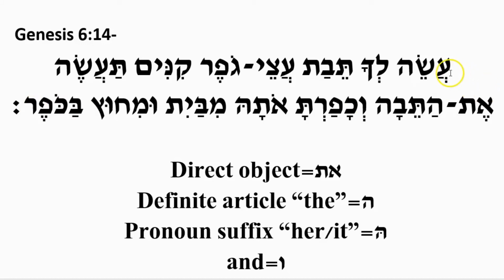One more time. Aseh lecha tevat atze gofer, kinim ta'aseh et hateva, v'kafarta ota mebait u michutz ba'kofer.